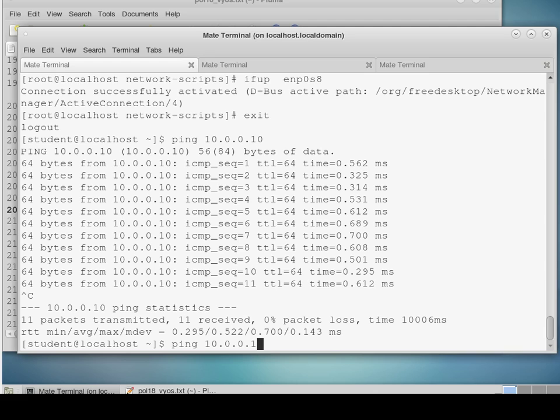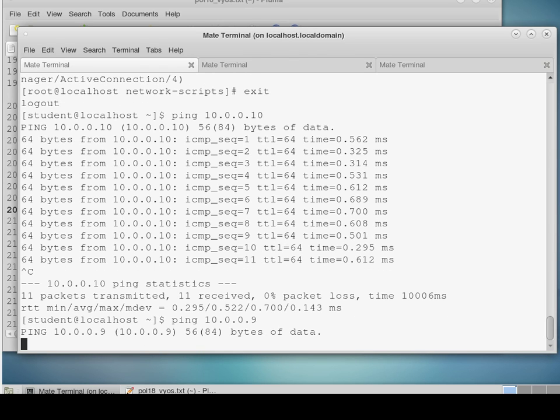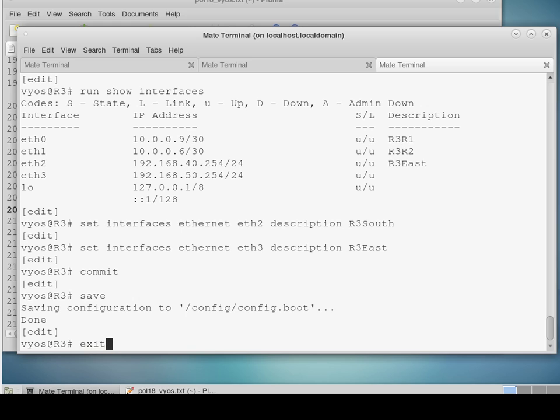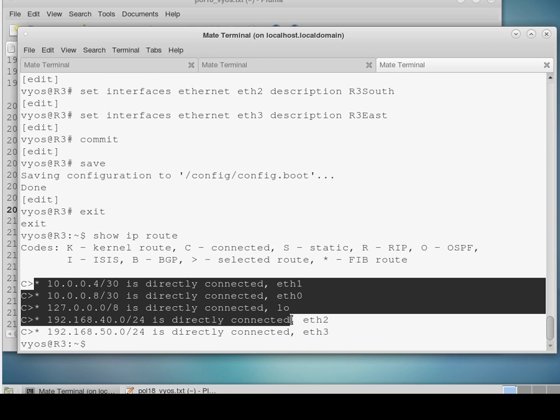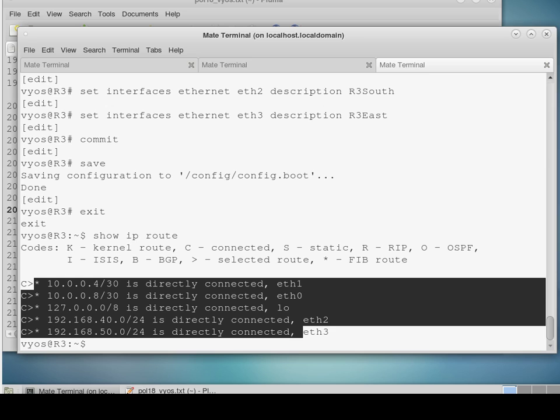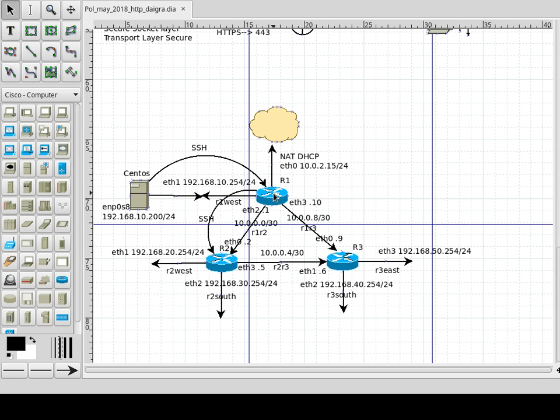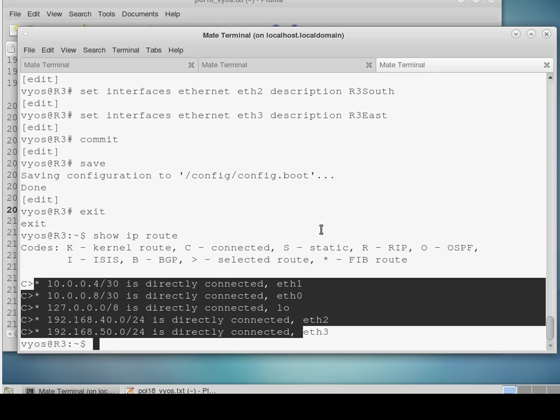If you want to ping the 9, you can't, and the reason is because you don't have a static route. I'm here on R3, show IP route. You don't have a static route to send back the package. So the package comes here and the router then sends to this interface, but the R3 doesn't know where to send the package directly to this network where it came from. So you have to configure this